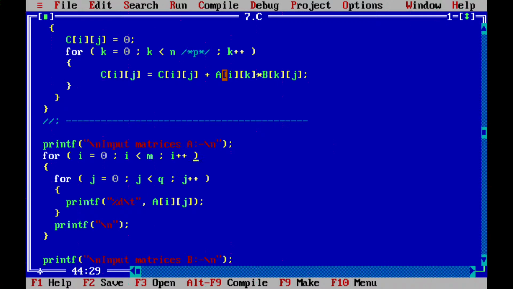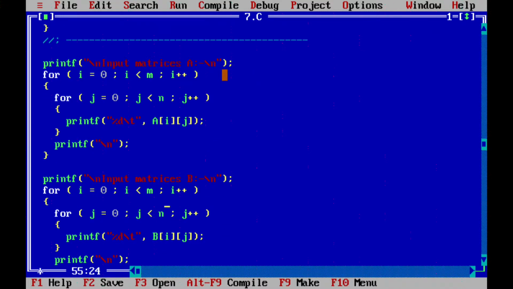Then we are printing the input matrices we entered. For A it is the same loop for I, m into n, and for B it is p into q. Here you need to be careful, they want it in matrix form.